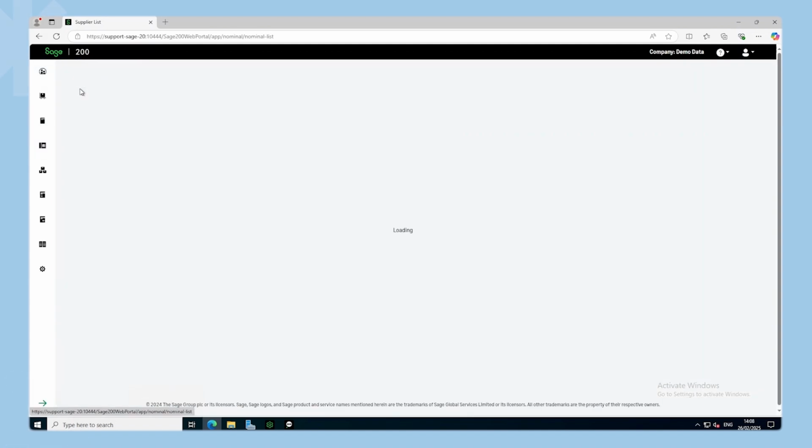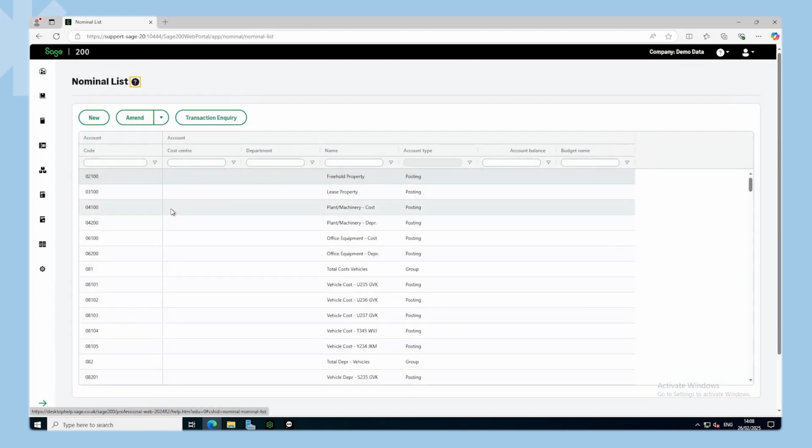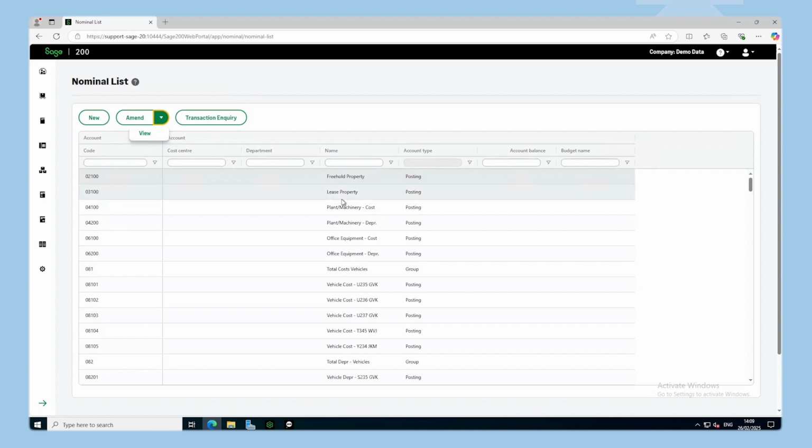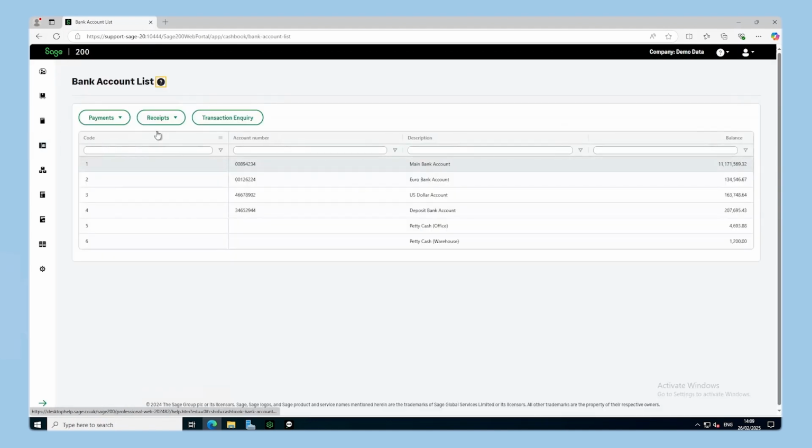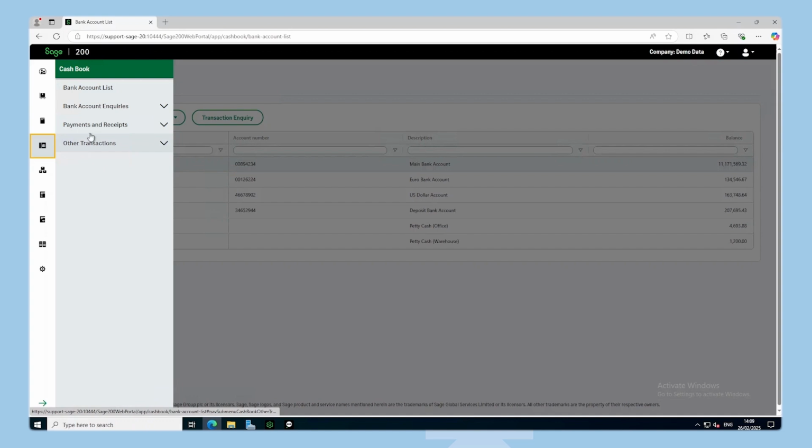If I go into nominals, we can see the same sort of nominal list, and again, the view can be customized. We can go and amend or view the nominal, and we have transaction inquiries as well. Okay, so that enables you to see all those transactions. Cashbook wise, showing you the list view, so again we can go in there, make payments, receipts, and also transaction inquiry within there. Okay, it also allows you within the menu to do an inter-account transfer. Okay,